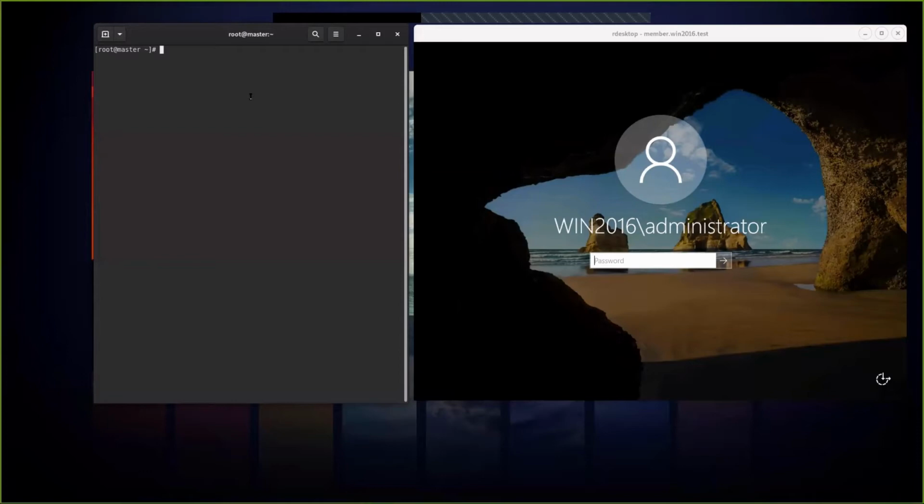During the demo, I will create a user on the FreeIPA side and then show you that I am able to use this user to connect on my Windows machine and also apply permissions for this IPA user.